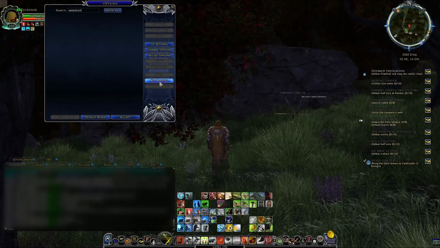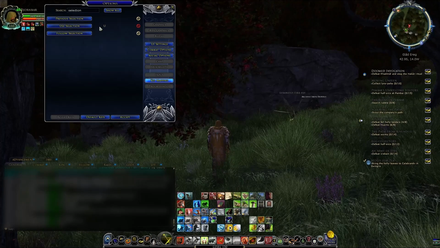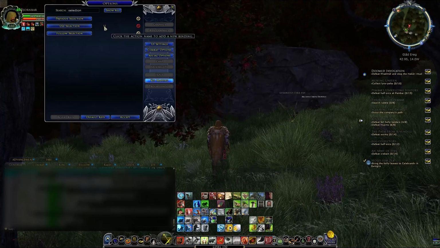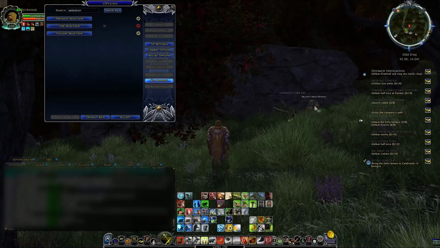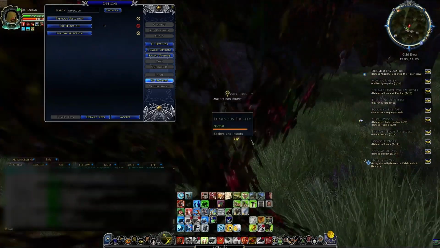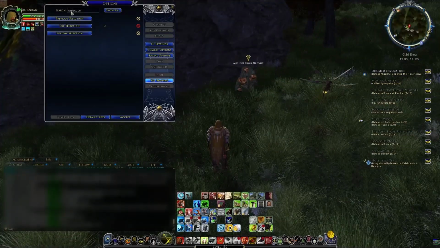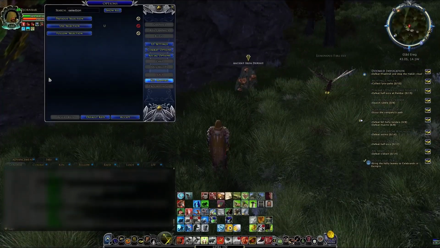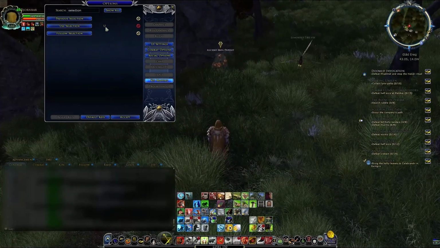If you go to key mapping, it'll show use selection, and you can hit U there, which will, if you click that item and you click U, you'll see your character will automatically move over that way. I stopped him. But he'll move over and he'll start using the actual item. So I have my key binding set to U. I believe that's the